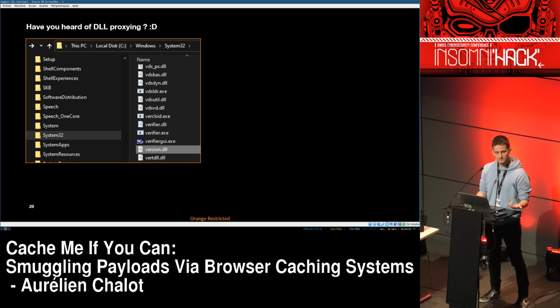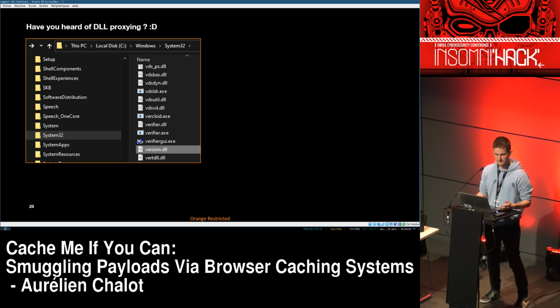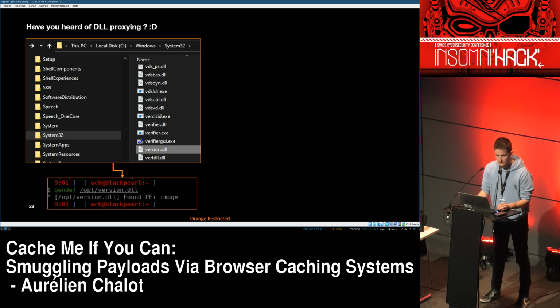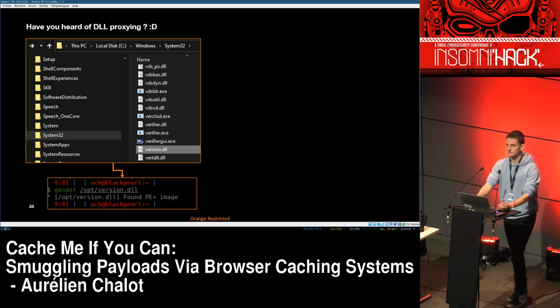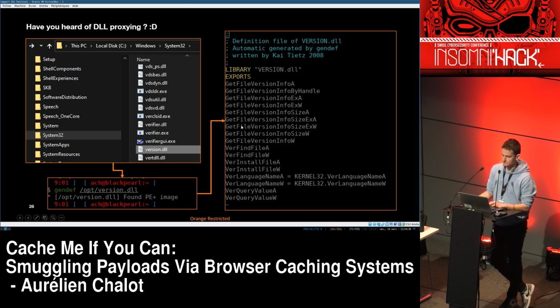So what you want to do is take the legitimate version.dll, which is going to be our target, and which is stored in the system32 directory. You're going to generate the definition. This means the GenDef tool takes a look at the functions exported by the DLL, and it says, okay, there is that function, that function, that function. And what you want to do is create this file, which is a linker file,